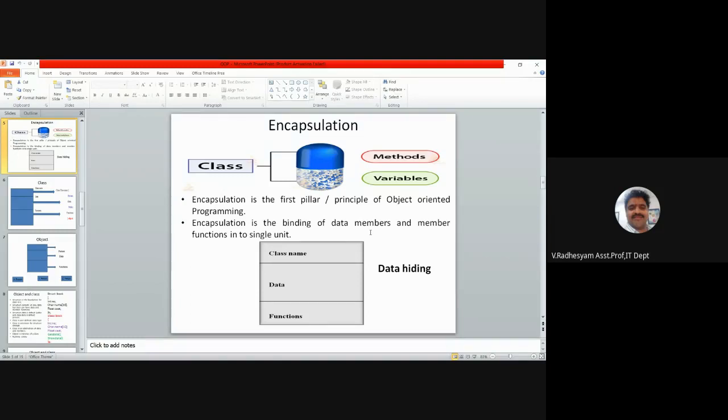In the second compartment, the data inside the class. In the third compartment, the functions. Binding up of data and functions together and treating it as a single unit is called encapsulation. That means writing or developing a class is called encapsulation.